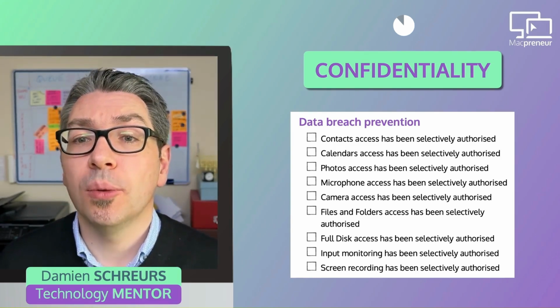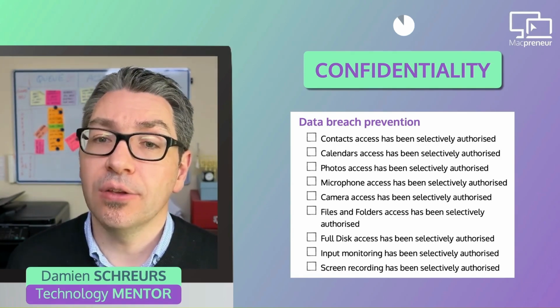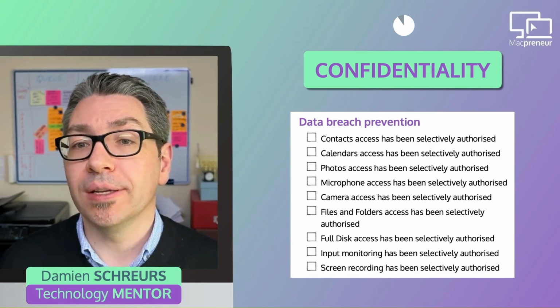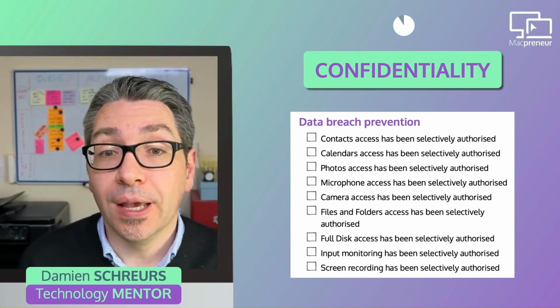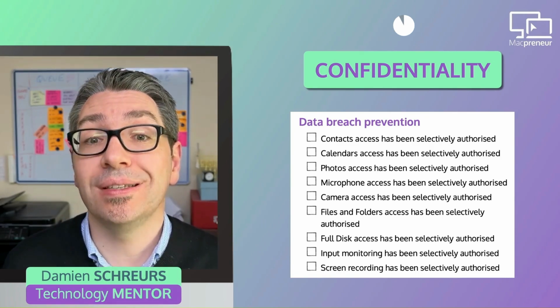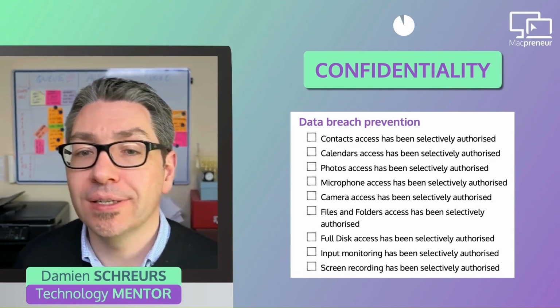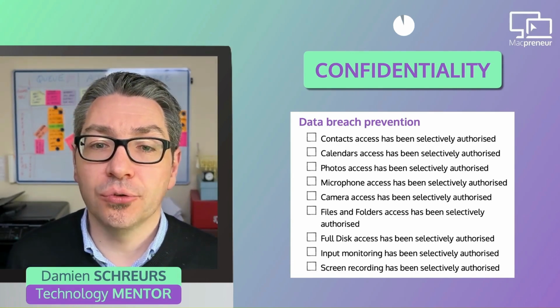It means that you should double check that only what needs to have access to, say, your camera has been authorized, like Zoom, for instance, and that access has been blocked for other apps who might have requested it in the past. To find out which applications are authorized to access the different categories of data that I talked about,